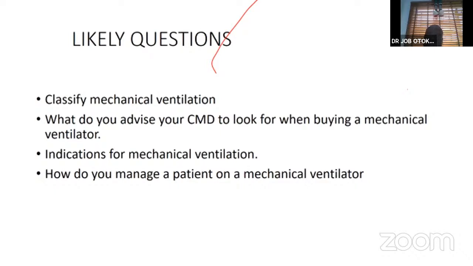a mechanical ventilator? One, it must be robust, easy to use, user-friendly, and then there are two types of ventilator: what we call turbine and compressor-driven ventilators. In some places where gas is a big problem, some turbines keep working even when the gas flow has stopped. So the availability of gas also helps you define what you want, whether a turbine or a compressor-driven ventilator. And then the access to biomedical support. If you buy a ventilator that is very complex and you don't know how to use it,